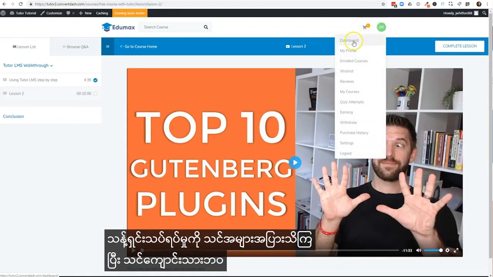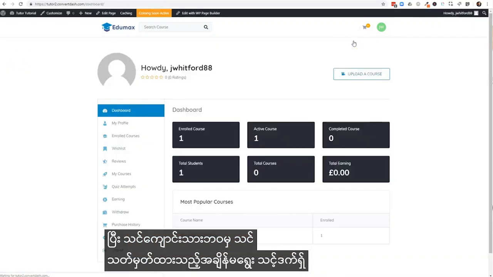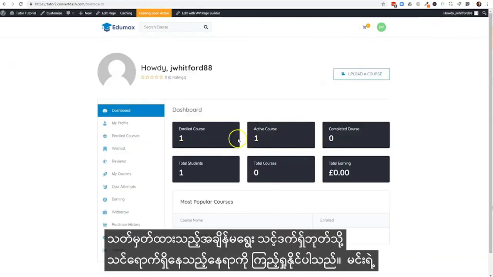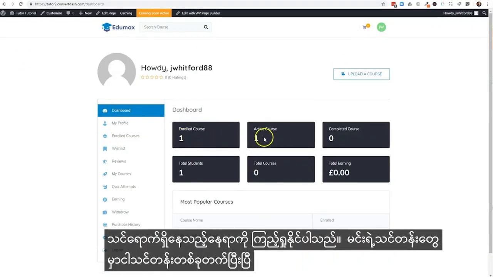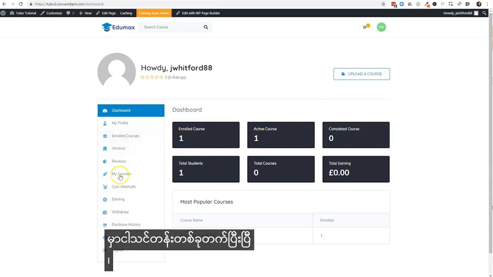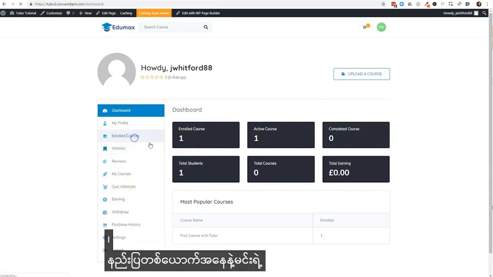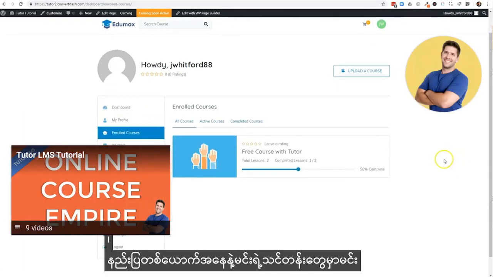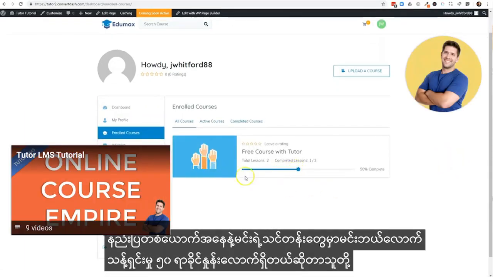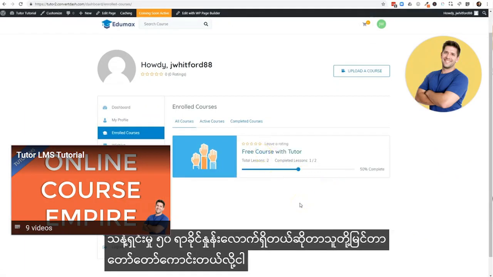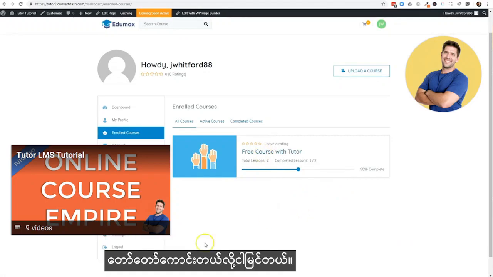When you are a student, you can go back into your dashboard at any given time and see where you're at in your courses. You can see I've enrolled in one course and how many students you have in your own courses as an instructor. Just a very clean 50% all the way through. Very clean learning experience. I think they've done a great job setting this up. In the next